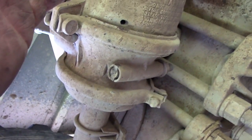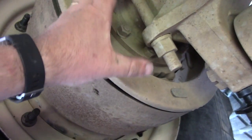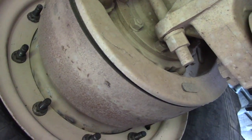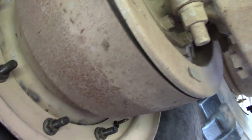So either we've got a broken spring, which is somehow twisted and misaligned itself so that it's not putting any pressure on here, which seems really, really rare, or the shoe springs in this wheel have also broken, and the bottom shoe can drop, and because the bottom shoe can drop, it can't cam the two of them together, which seems insane as well, especially for a vehicle with